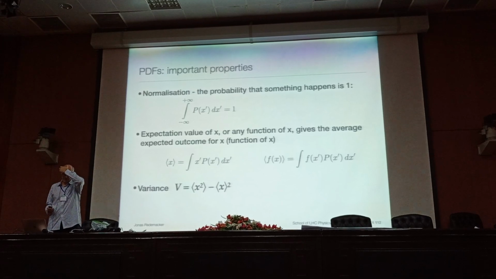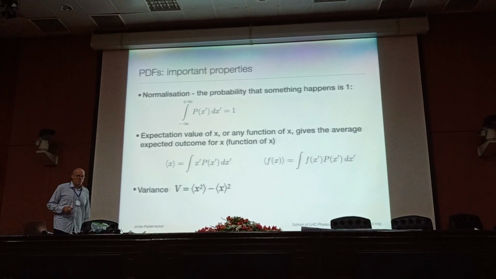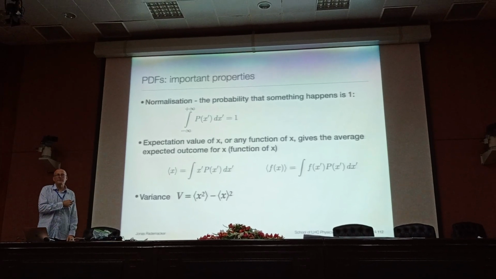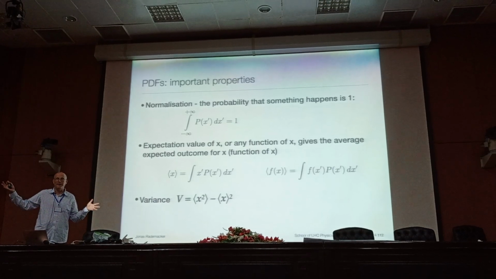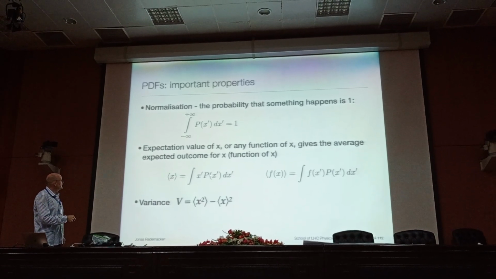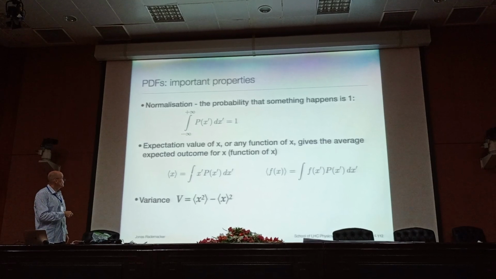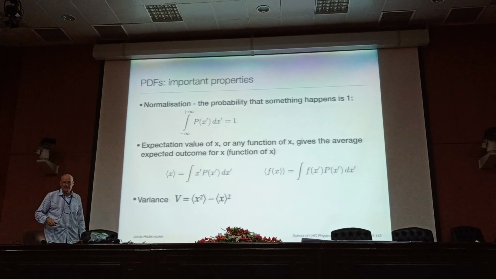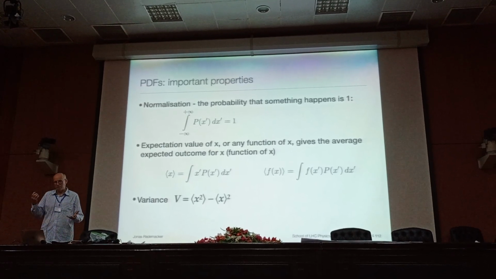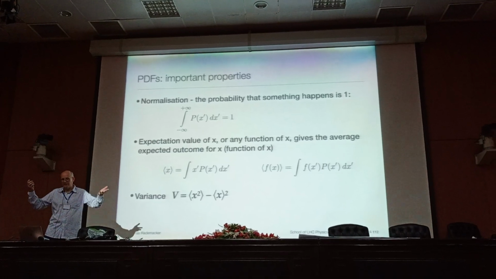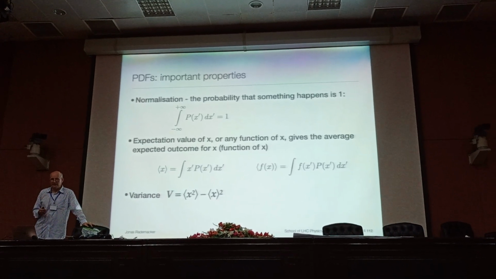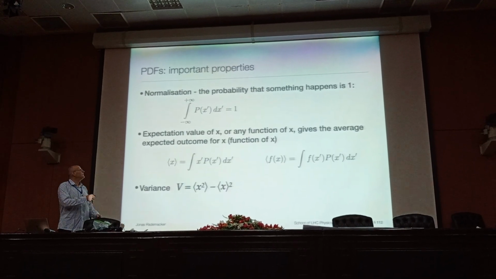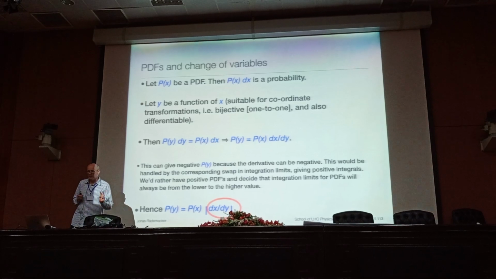Quite important. So, in many ways, probability density functions behave like probabilities. We can calculate, if we want to normalize, for example, the probability that something happens is 1. We can calculate expectation values of a parameter or something else. This could be, for example, x. This f of x could be x squared, and we can calculate a variance, which is the expected variance of that our data would give us if we sample according to this probability density function. So, in this sense, they're very similar to probabilities, but